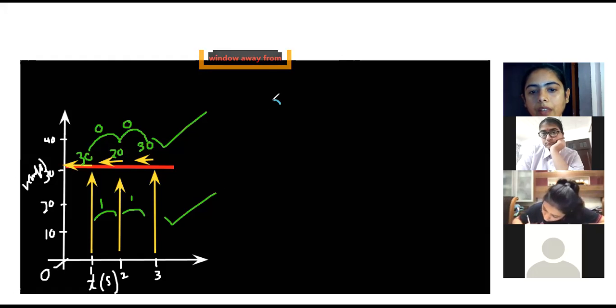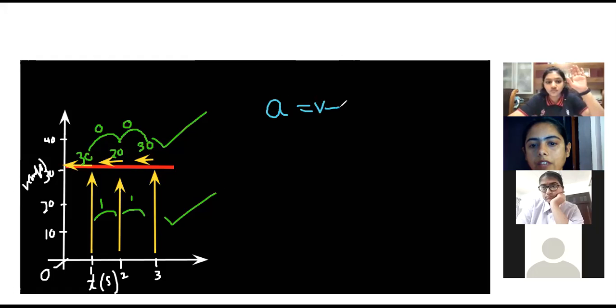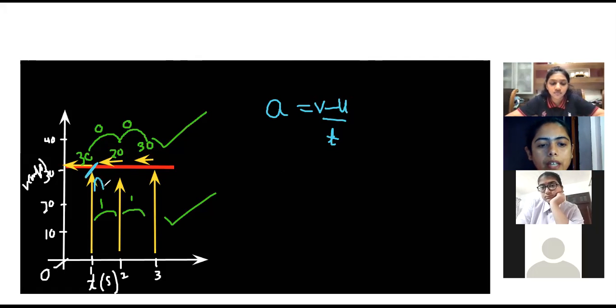Next thing is, if you have to find out the acceleration in this case, how can you find it out? Acceleration का formula क्या होता है? We have the formula of acceleration, that is v minus u over t. Okay, Arushi, I'm going to do it. Wait. So we have acceleration is equal to v minus u over t, that is change in velocity over time. Let's say you have to find out the acceleration from this point A till this point B. What is the final? Final velocity means with respect to B.